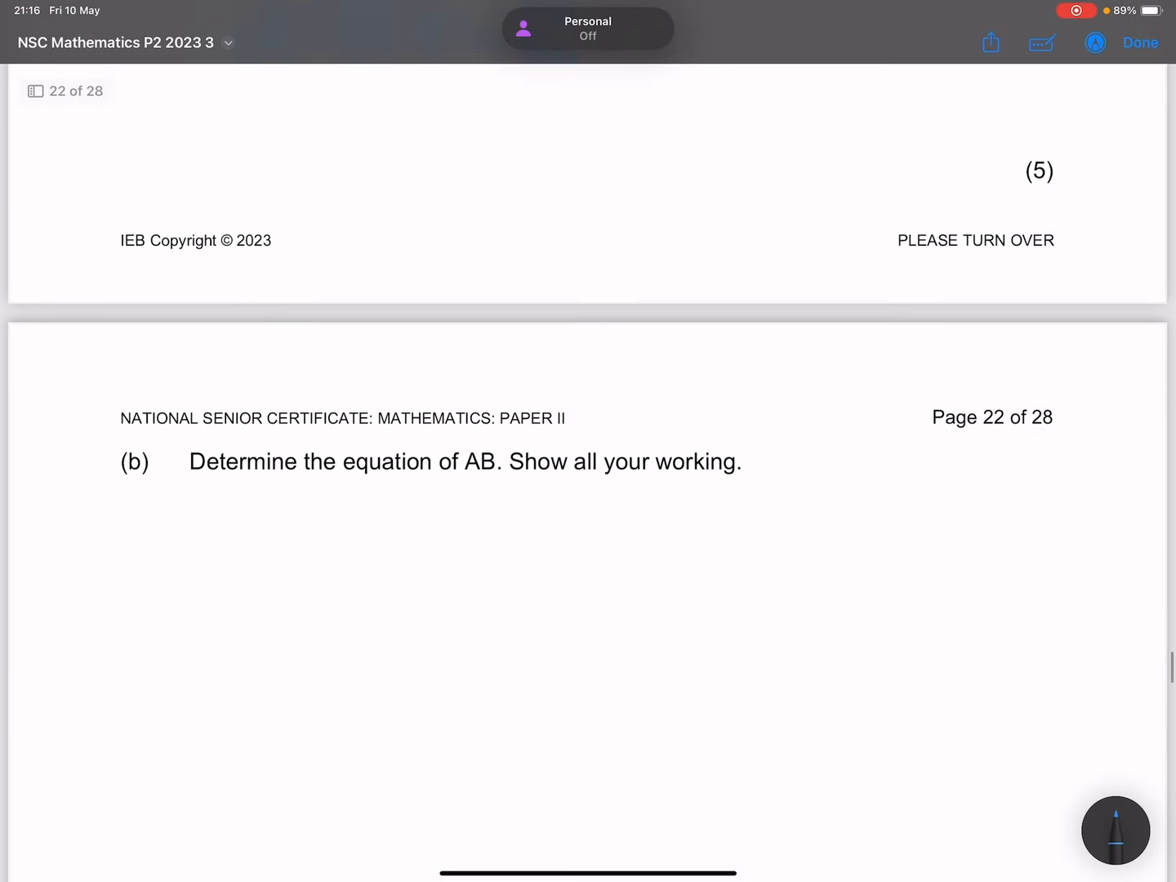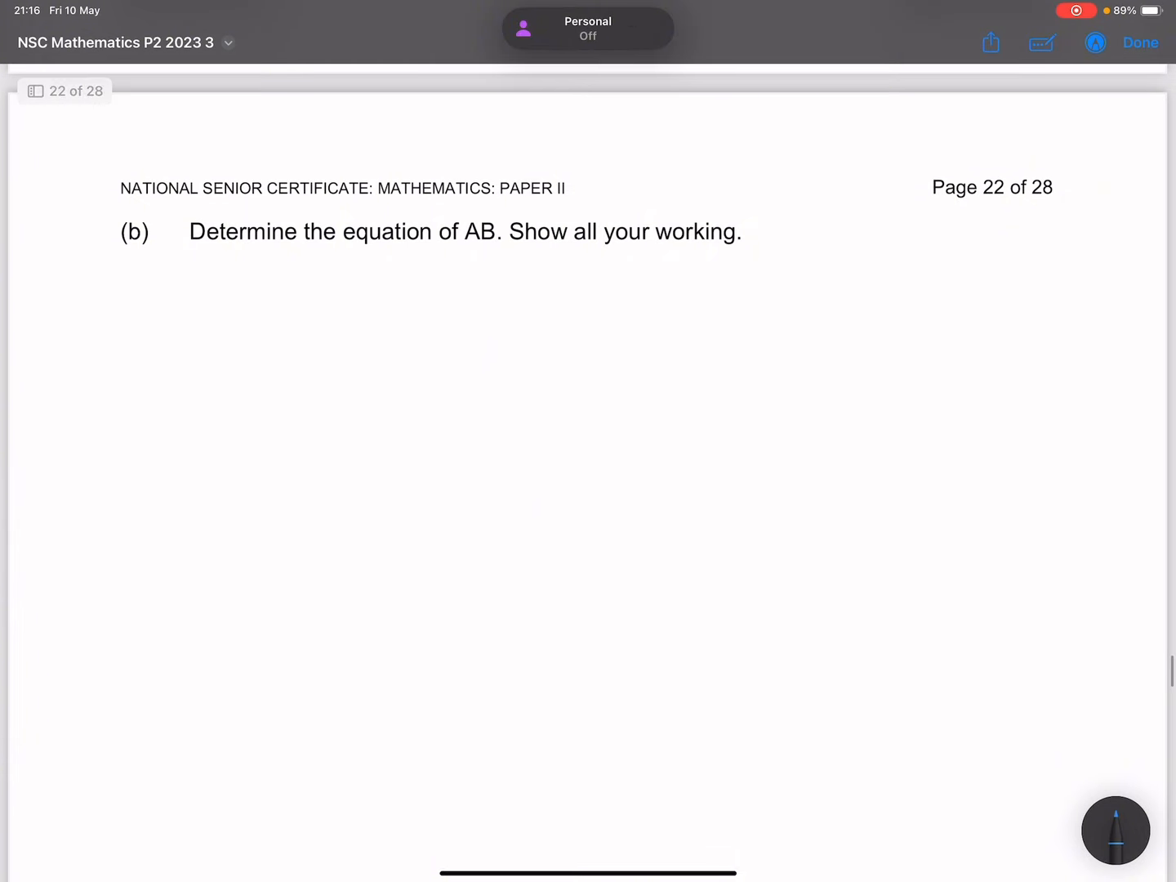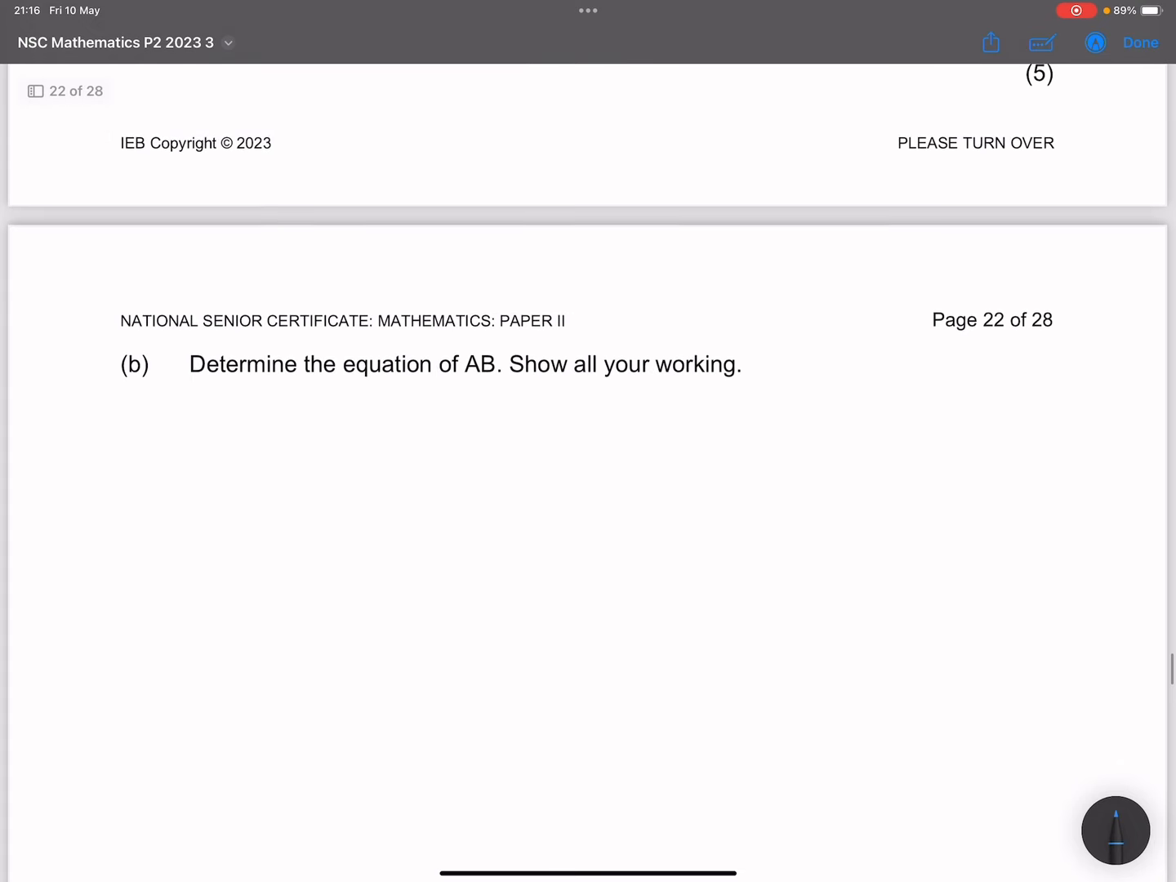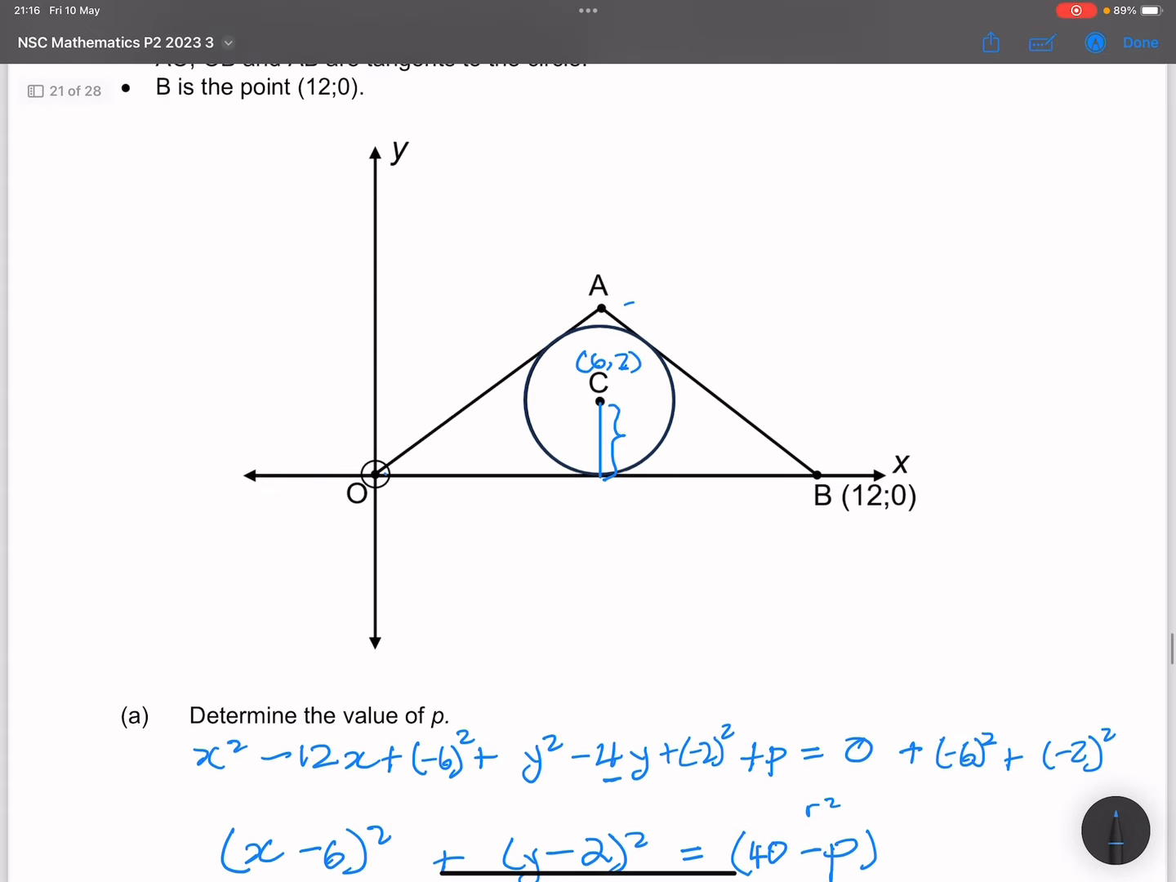Next question says determine the equation of AB, showing all your working. Now I want us to quickly have a look at it, ladies and gents. If you look at that line, we would not be able to obtain the line AB through any other means in this case. Please, if you have another idea, perhaps just share it with us. But here's my thoughts, that if we could find